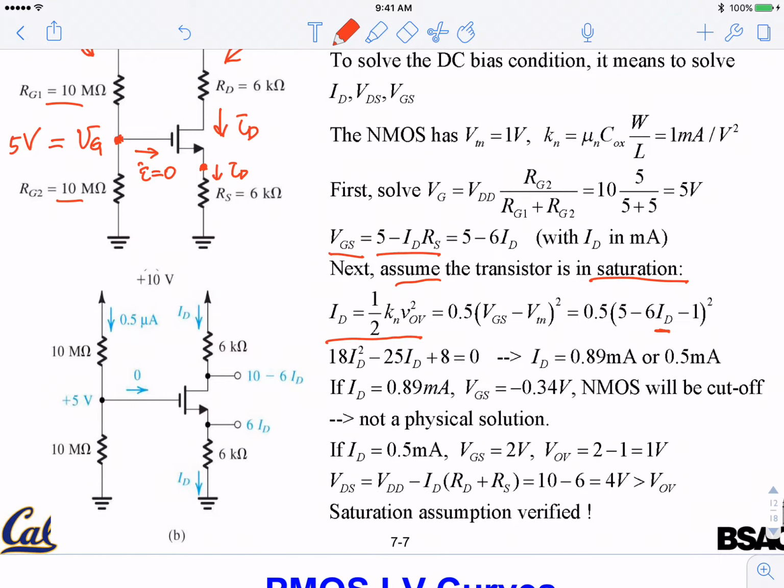Okay, and in this example, they get two solutions. Two solutions, you substitute them in. The larger one here, for example, you substitute it in. You get VGS is negative. Negative, well, the transistor is in cutoff, so it's inconsistent. So that means this is a wrong solution. Let's try out the other